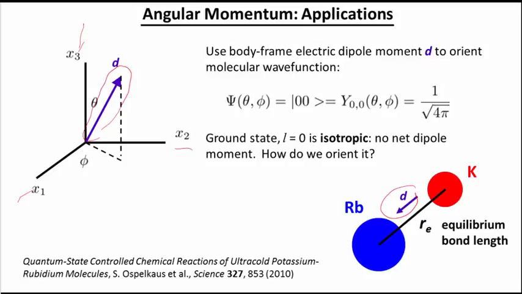Now, in the ground state of the molecule, the lowest spherical harmonic is just a constant. That's something you should always remember. The first L equals 1 is just either x, y, or z, or x1, x2, or x3, or some linear combination of them. And this means that the dipole moment is oriented randomly in space, so there is no net dipole moment of the molecule when we go to make a measurement of it. It could be in any arbitrary direction. So we're now going to address the question of how we orient and control